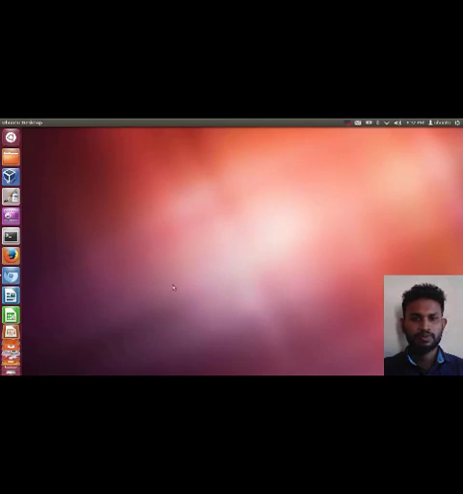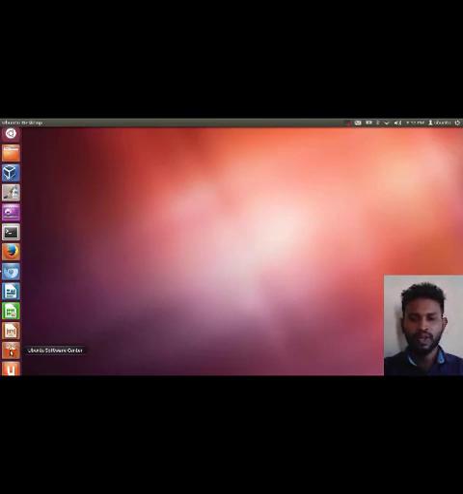So this is the window you see when you log in to Ubuntu. The first thing you will see here is called the bar, and here you can find some of the pre-installed software like the Firefox browser, LibreOffice Writer, and Ubuntu Software Center. And this Ubuntu Software Center will be your destination to install software in Ubuntu. So let's start